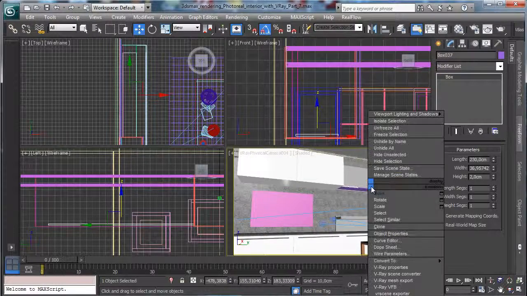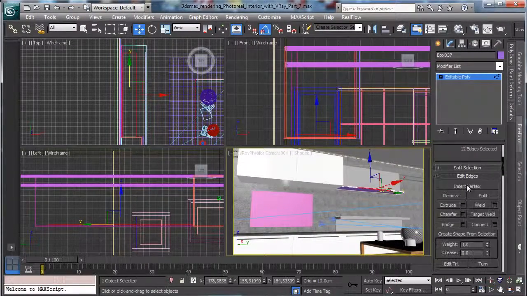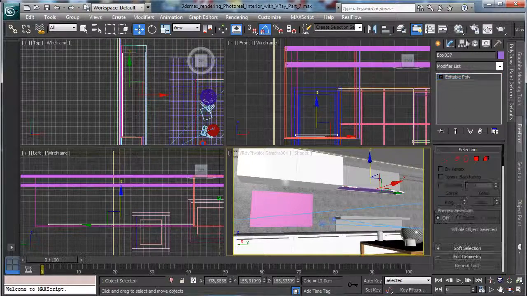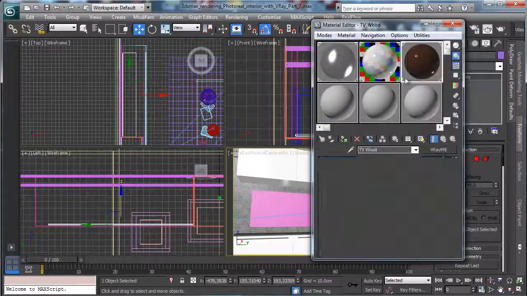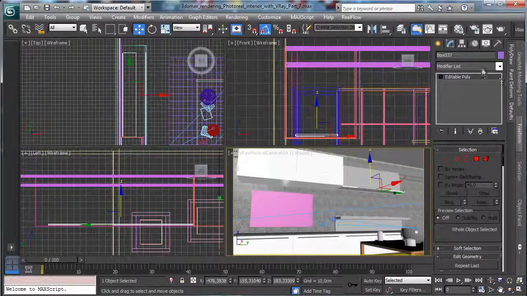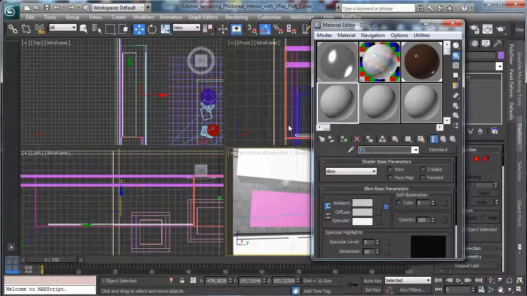We can convert to editable poly, select both, chamfer 0.25 as always, and close. And this one has the same wood, but let's make another material. So let's say TV box wood box,